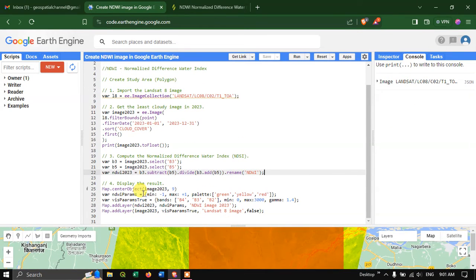After that, we're going to create a variable called visparams_true, which is the true visualization parameter for the true color composite of the Landsat 8 image. So for that, we define this variable called visparams_true equals bands B4, B3, and B2, referring to the true color composite. We set a minimum value of 0 and a maximum value of 3000 and a gamma value of around